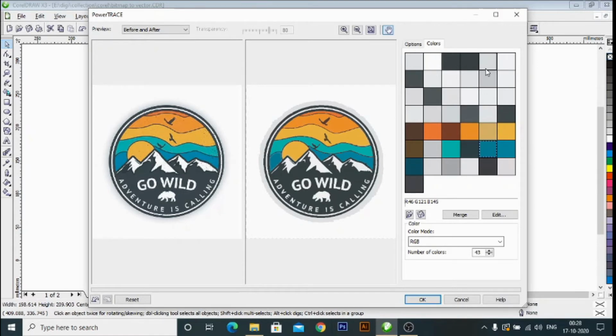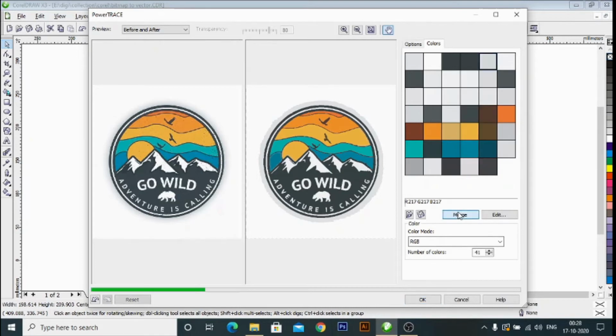As you can see, there are so many shades of gray. Now you can merge all of these with the help of the Control key. Dark gray, you can also merge the dark gray.